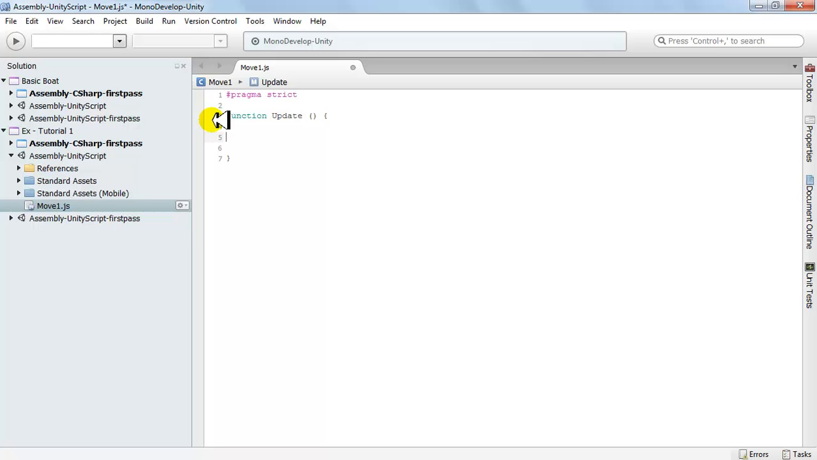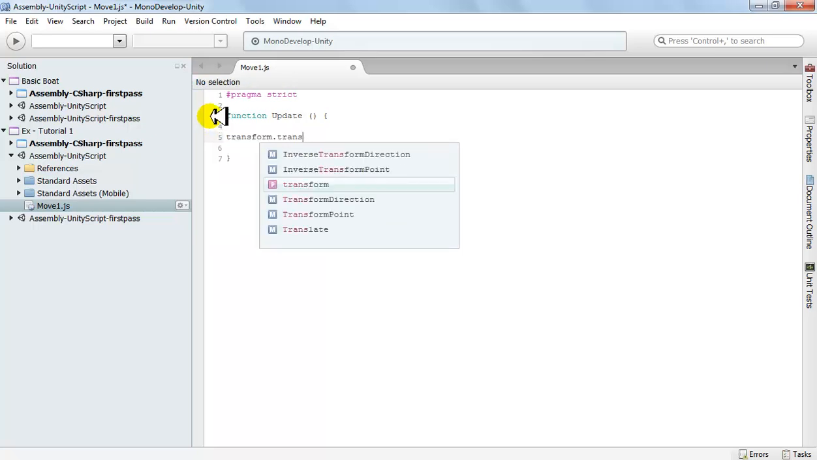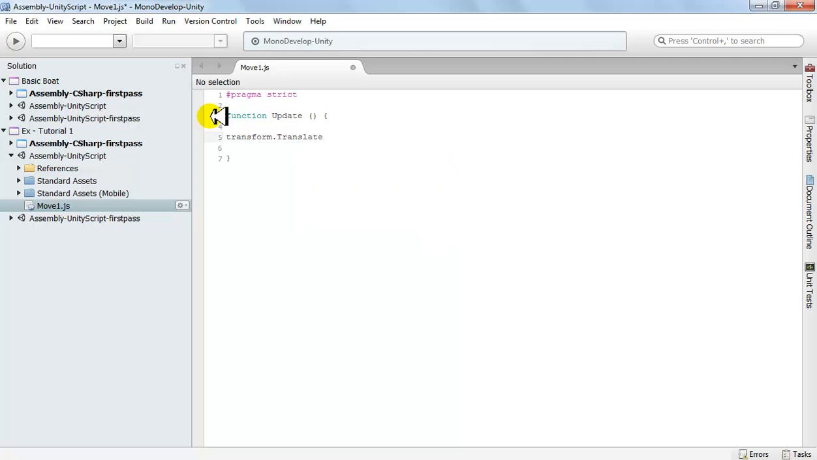Let's do this. What I want to do is create a script which moves the object it is applied on. So I would use the transform.Translate function to move the object along the x and z axes only, because the y axis is upwards and downwards, and I don't want to move it upwards and downwards. So what I would do is Input.GetAxis